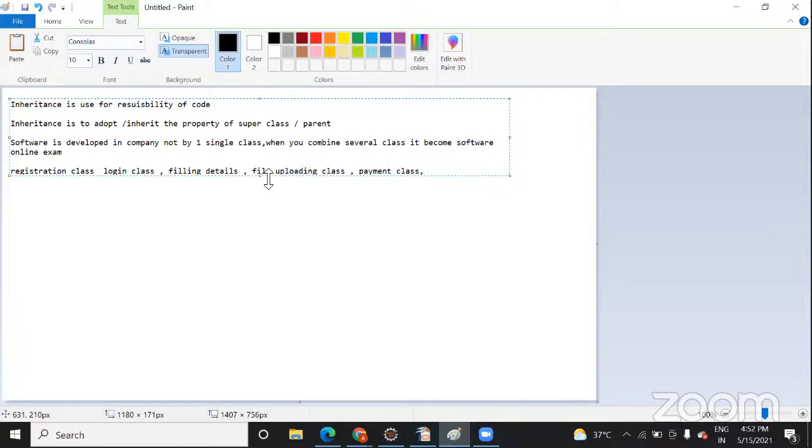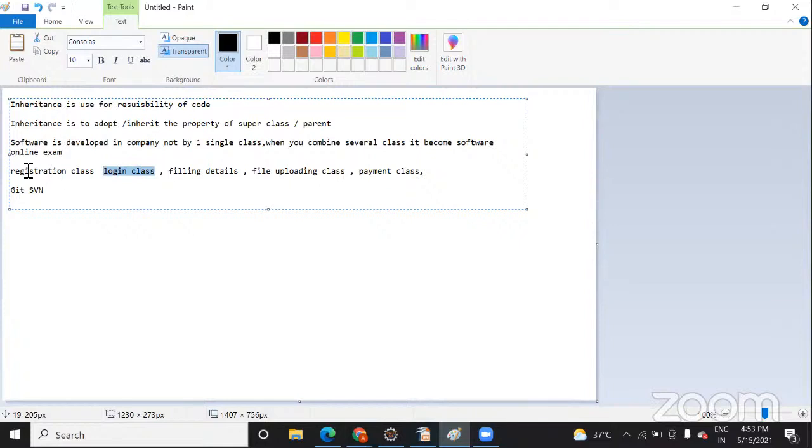In this way, 5 to 6 developers create several classes, and that is the reason we need to have git and svn. There are two tools we use for version controlling, called git and svn. Why do we use this? Suppose an employee is making changes on the registration class, and another employee is using this registration class in order to create a further class, he should know what changes he has done.